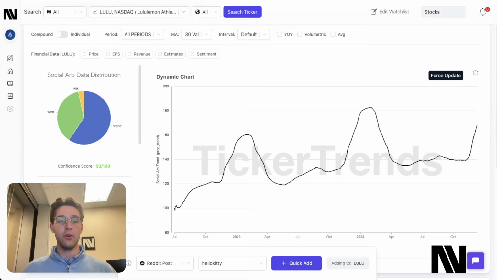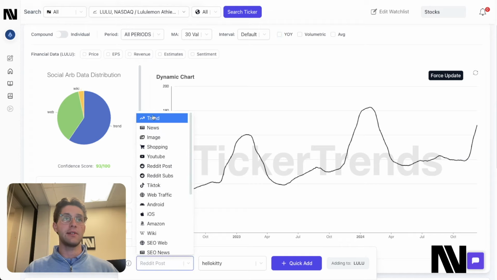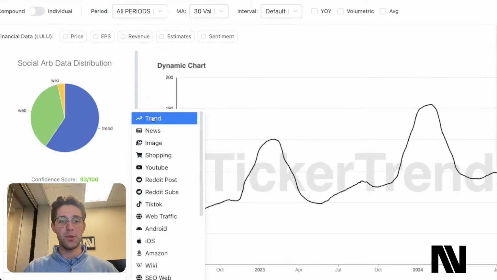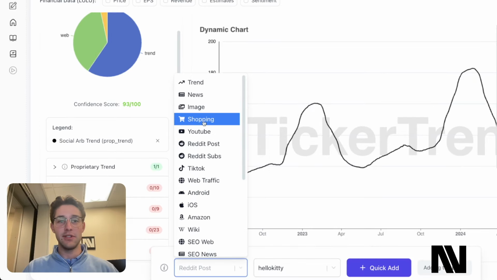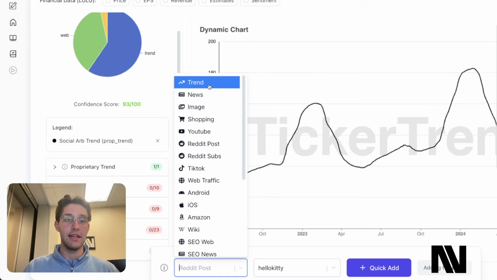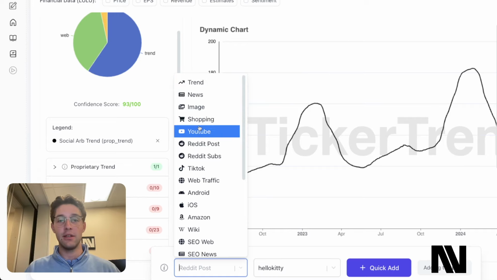We built this platform with financial markets in mind, so you can search for anything on our platform, anywhere from any keyword to any public business, and retrieve lots and lots of data which you can turn into actionable insights. Just to give a preview of the type of data that we have on our platform, we have things like Google Trends. So of course we incorporate all of the basics when it comes to being Google Trends Ultimate, which is just the regular Google Trends data, like the regular Google Trends, Google Shopping, YouTube.